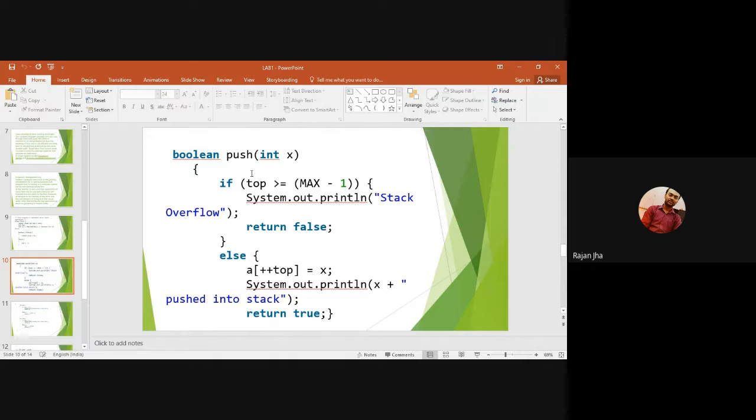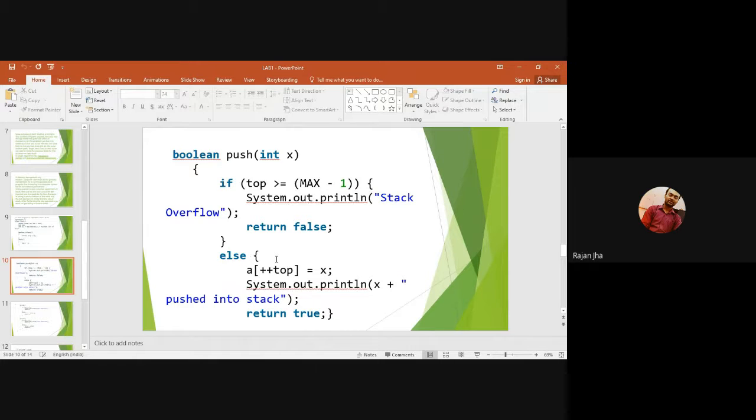Now we will define the push function. Inside the push function we have to write the condition that if top is greater than or equal to max - 1, we will print stack overflow, else it will return false.